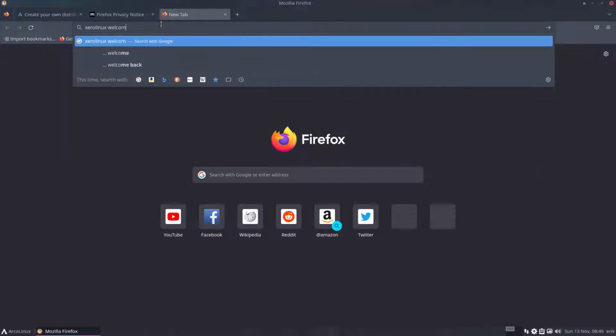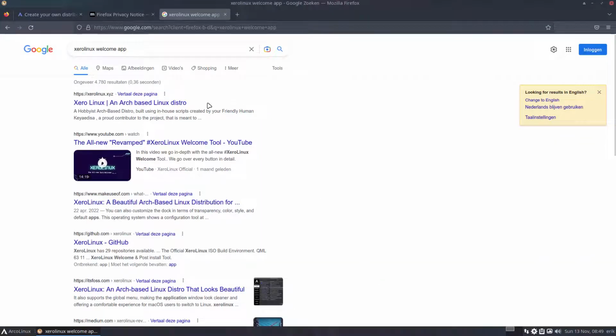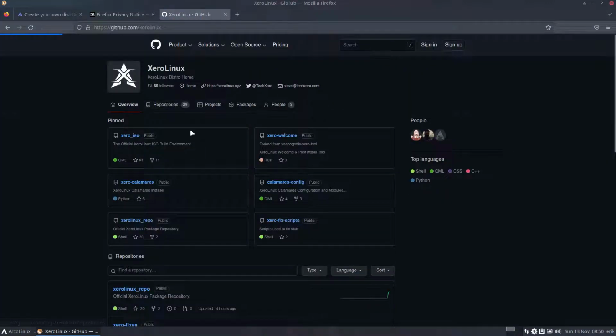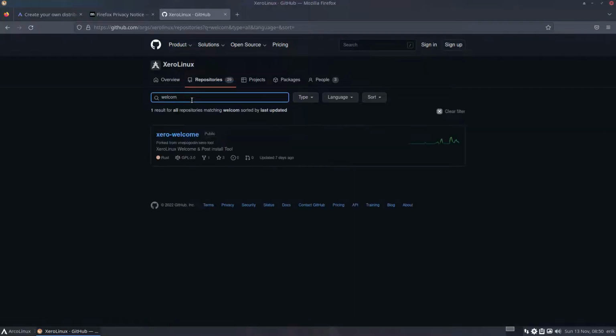xerowelcome welcome app or something. Let's see if we can find it. So xerowelcome is an Arch-based Linux distro. We'll get Plasma. We go to the GitHub. We go for repositories and we see if the word welcome is in there. xerowelcome. Forked from. That's an important thing to know, that GitHub has an original